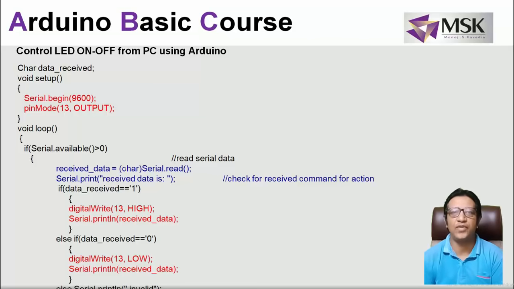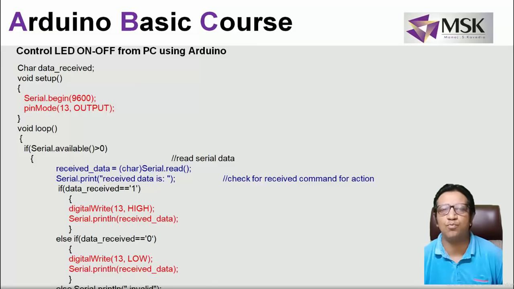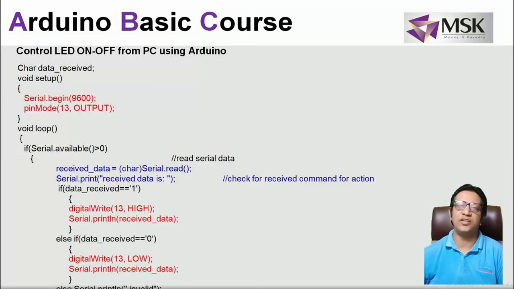In this way, I can have a serial communication and I can control the devices. Here I have taken the example of an LED. You can also have a buzzer, which will turn on and off. You can connect a relay board, and the relay can turn on and off. You can connect a motor, and the motor can be turned on and off. In this way, I can control the pins or the data from the serial monitor or from the PC. The PC will send the data to the serial monitor, from the serial monitor the data will come to the Arduino, and from the Arduino the device will get the data. And the status can also be reflected back, from the Arduino to the serial monitor.